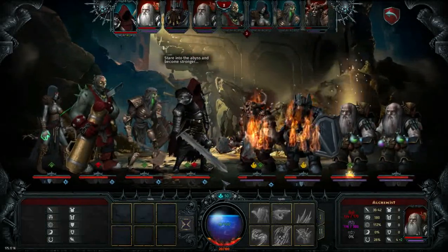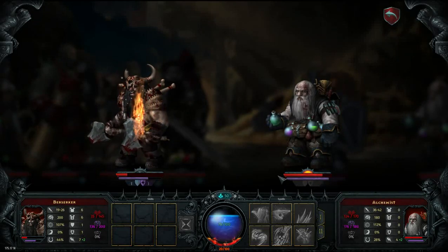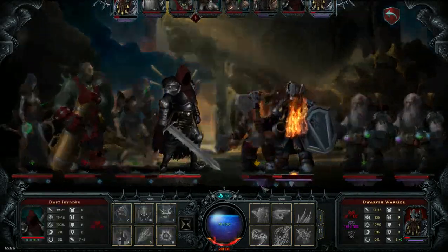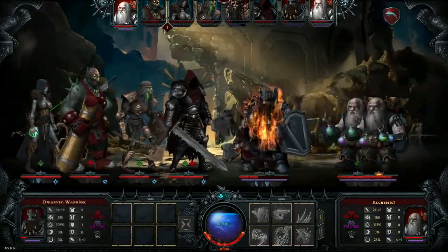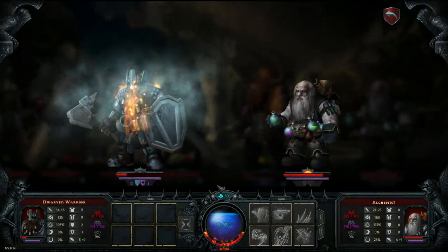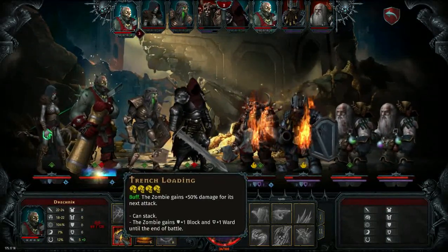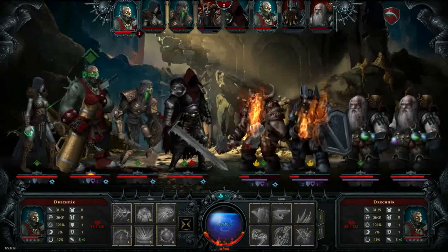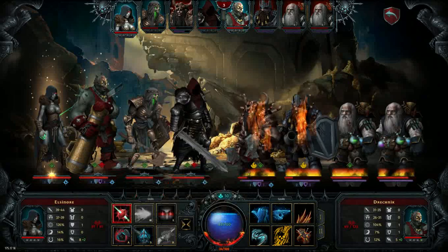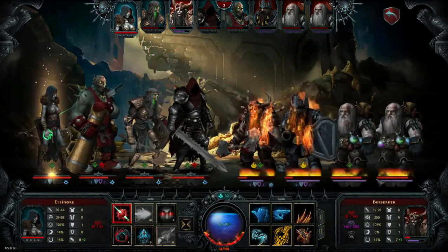And the daft invader regains his vigor. Oh, the potion gave him a block and a ward? Wow, nice. Same for him, lovely. The zombie does what the zombie does best. The zombie loads his gun. Let's... Oh, wait, no. You know...